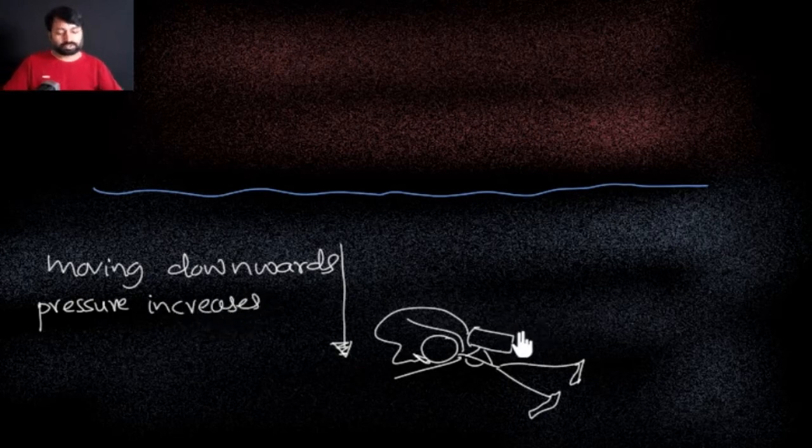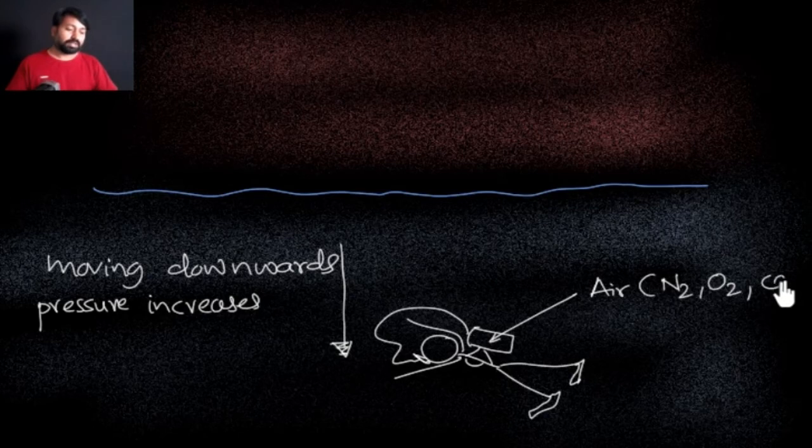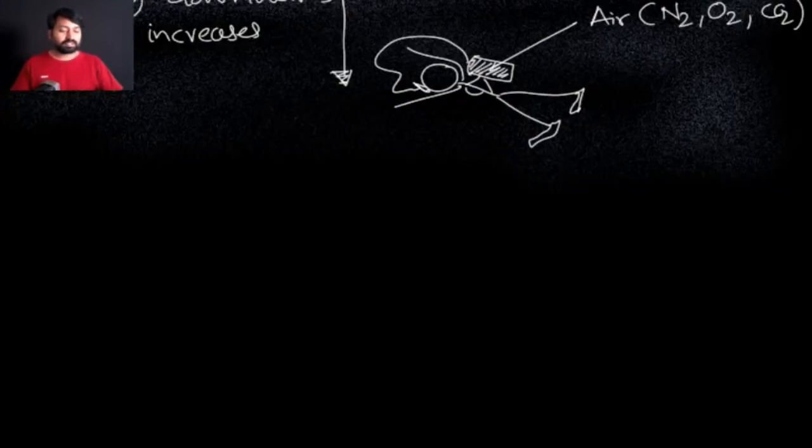You should know that what we have in this cylinder is a mixture, generally air. And air, we know, contains nitrogen gas, oxygen gas, carbon dioxide gas, and many other types of gases. But the fact is that I'm simply using air here, not pure oxygen. Along with oxygen, the nitrogen is also present. As we move downward, the pressure increases, and because of that, in the blood, along with the oxygen, the nitrogen is also dissolving.